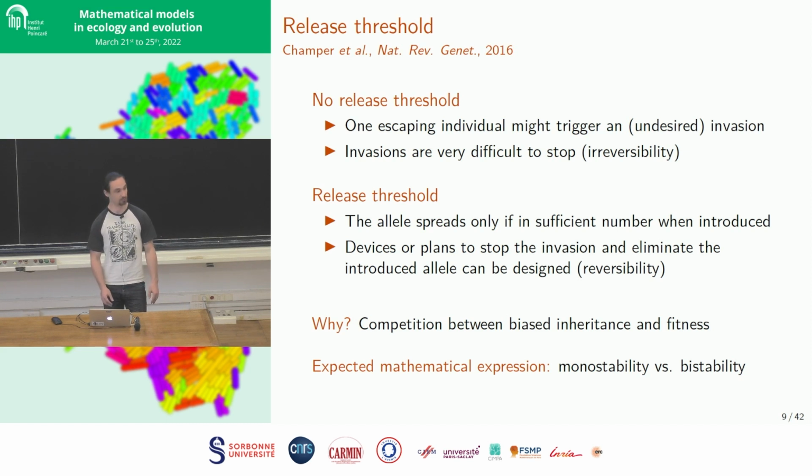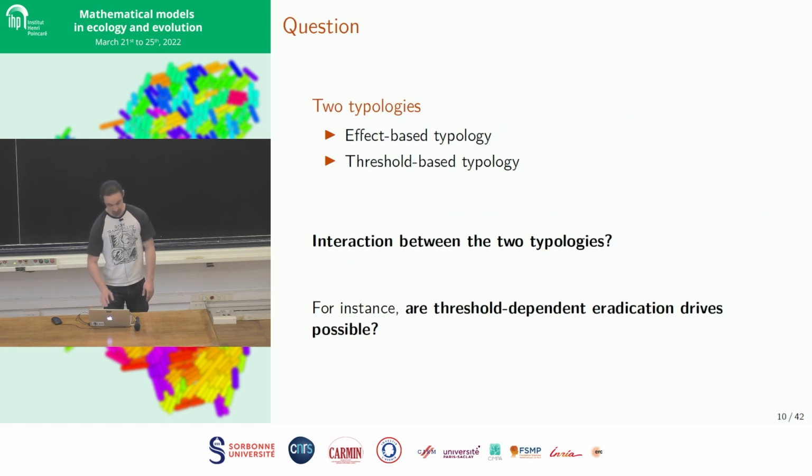And mathematically, this release threshold problem is going to appear as a monostability versus bistability question. In any kind of model you can think of, like discrete generations, continuous generations, discrete space, continuous space, you're going to find monostability versus bistability. And so the question that we ask is basically,